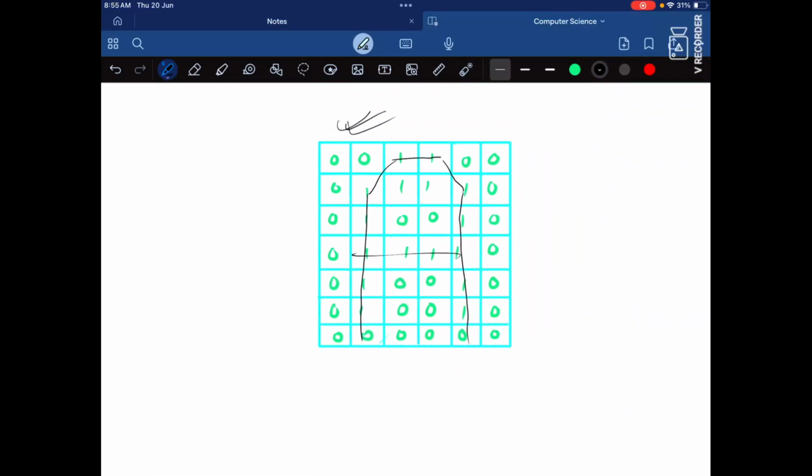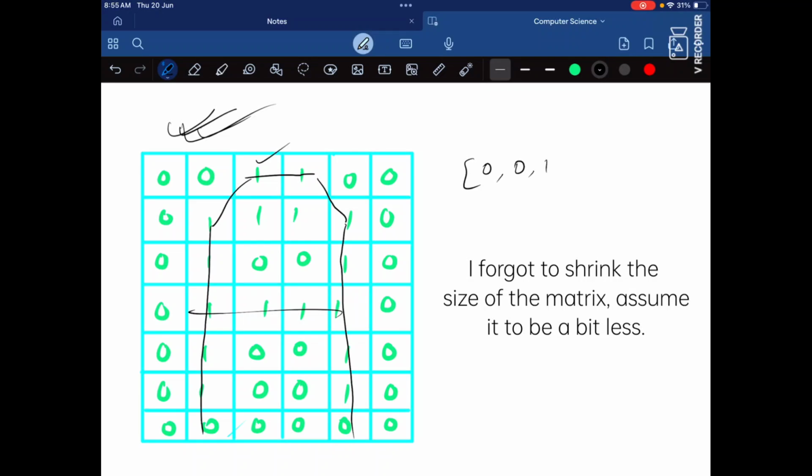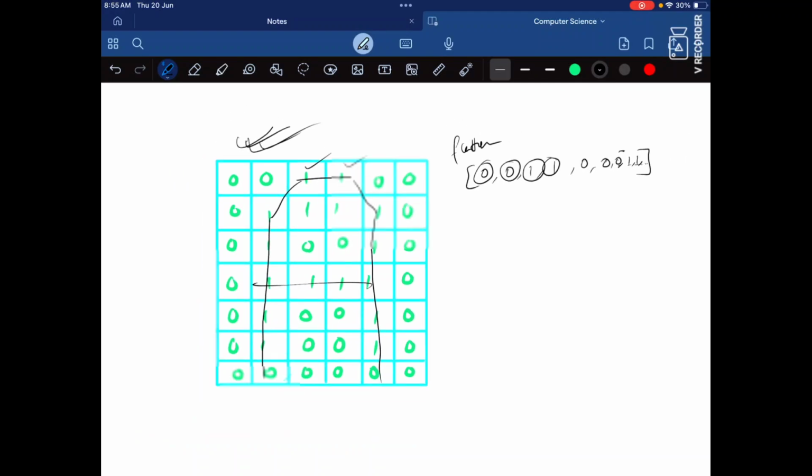After pooling, we get the grid as the matrix 0 0 1 1 0 0, and so on, the zeros followed by 1 1 1. This is the flattened image, and these are the nodes in the MLP layer.